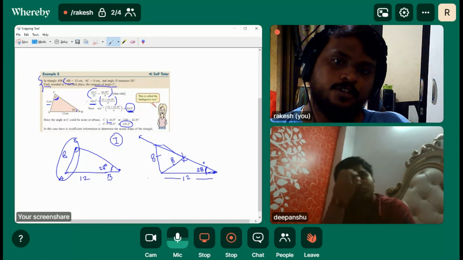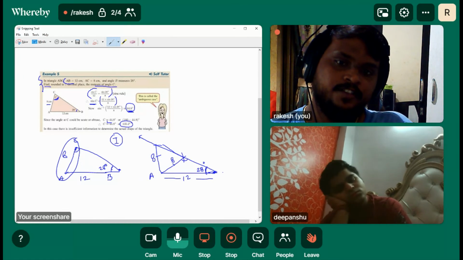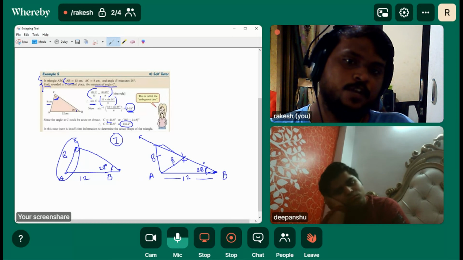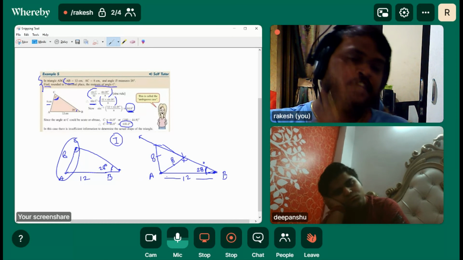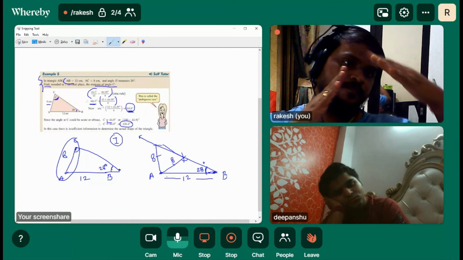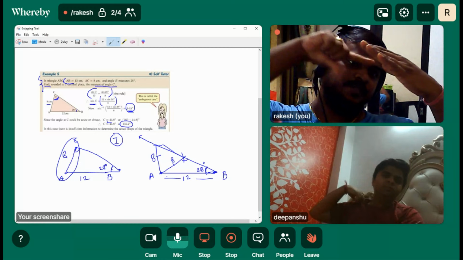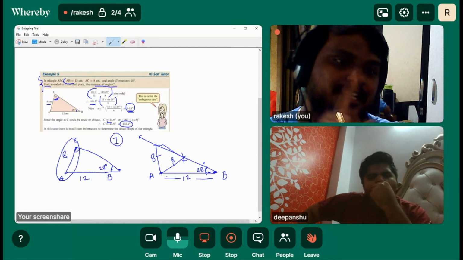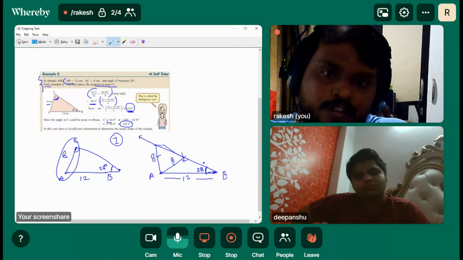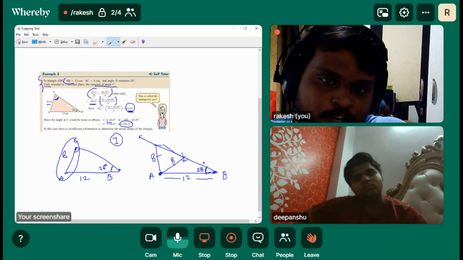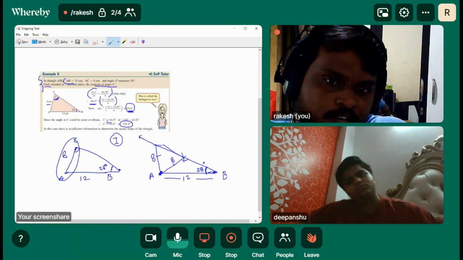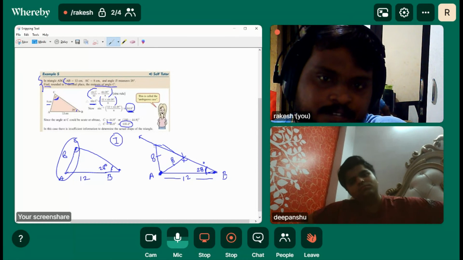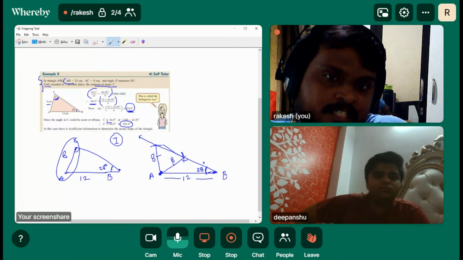So when we put the compass here, the point of the compass here, we need to cut the line at 8 centimeter, isn't it? तो इस केस में क्या हो रहा है, अगर आप यहाँ पे कंपास पॉइंटर रखते हो and if you cut this line at 8 centimeter, this will cut at two places।